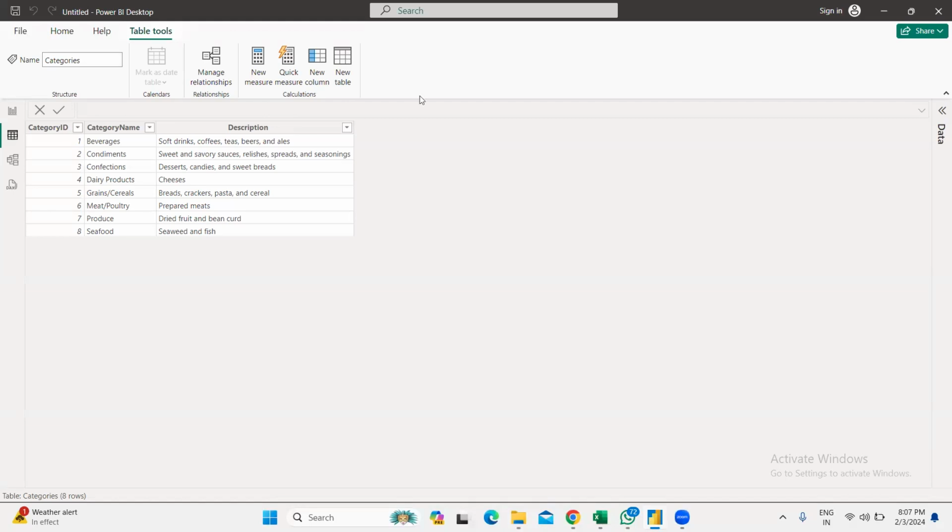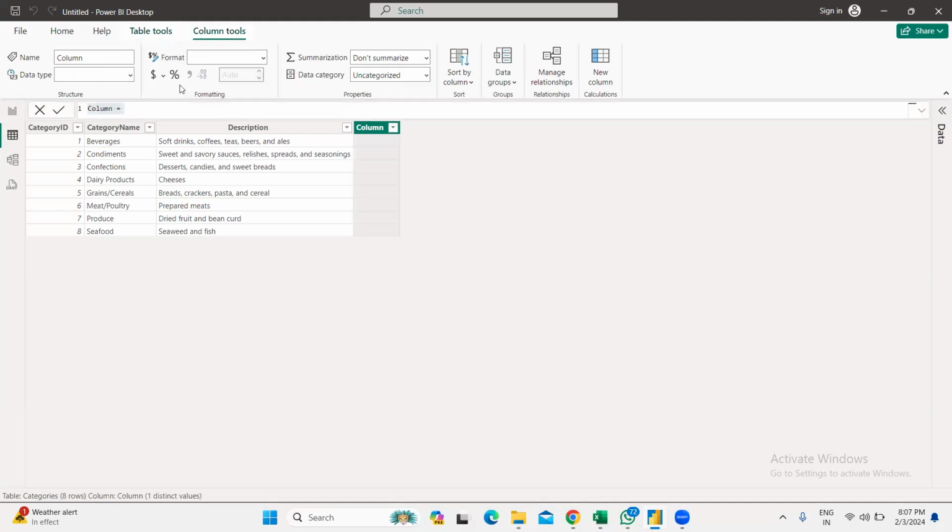So we'll go to New Column, and this is my new column. And we'll name the column New Column. Right, and what we want to put in this column, we want to put some data that is